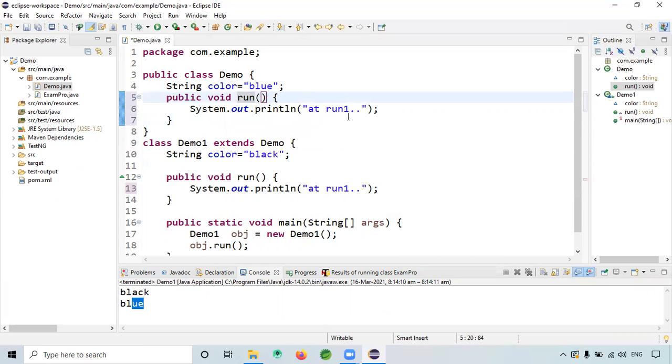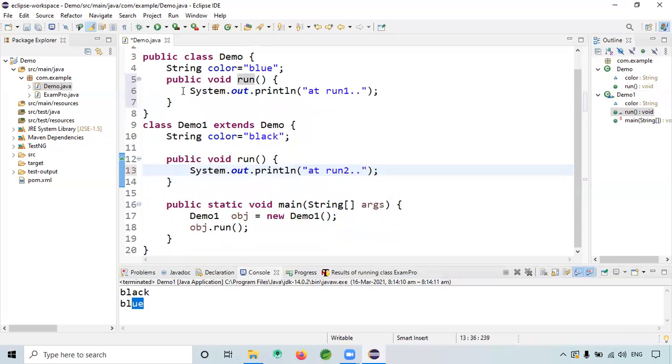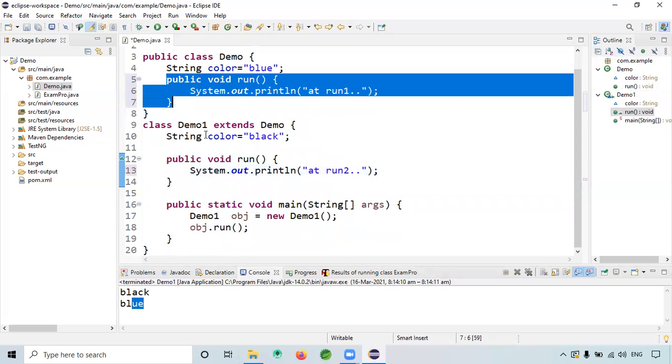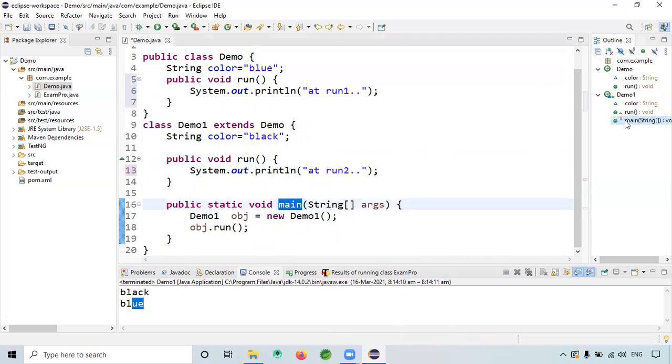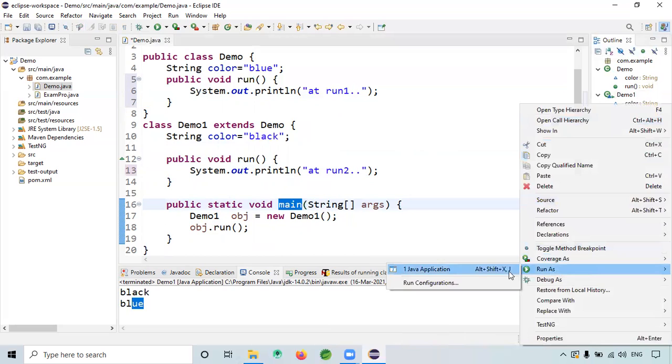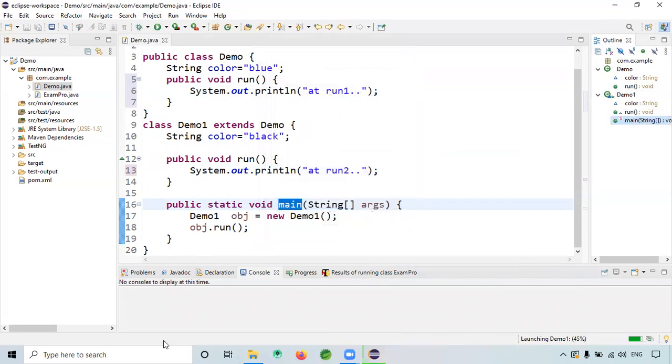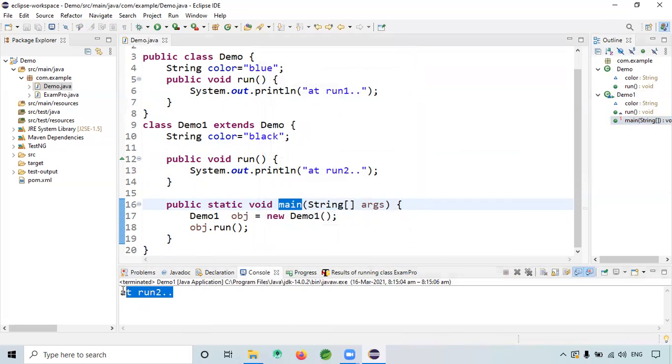Here I will give run one and this is run two. See, I have run here, and I have one more run here. Definitely when I run this program, see, it is printing run two. So obviously this is method overriding.